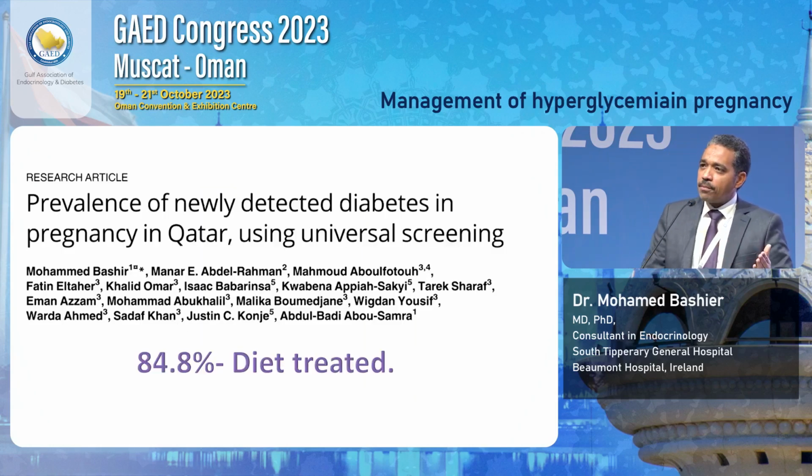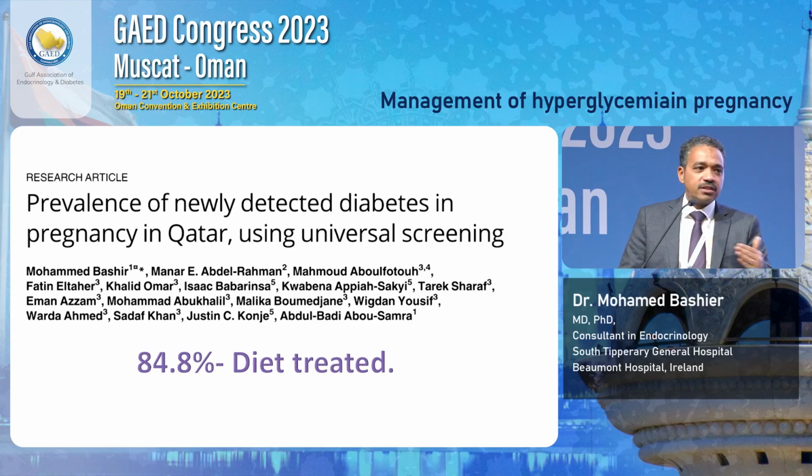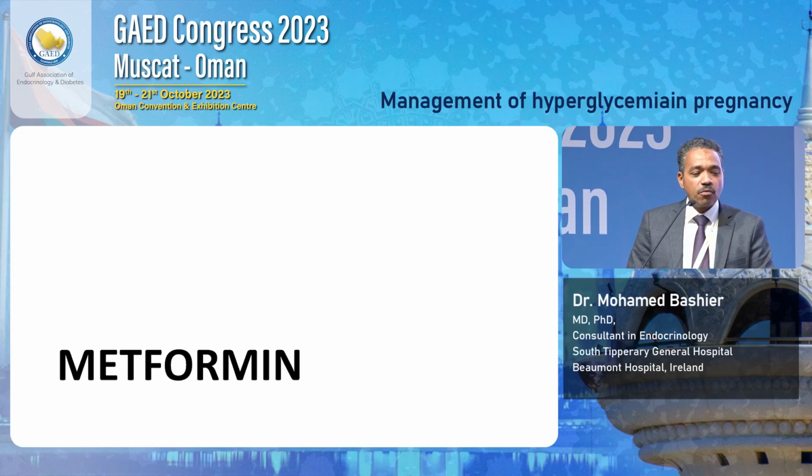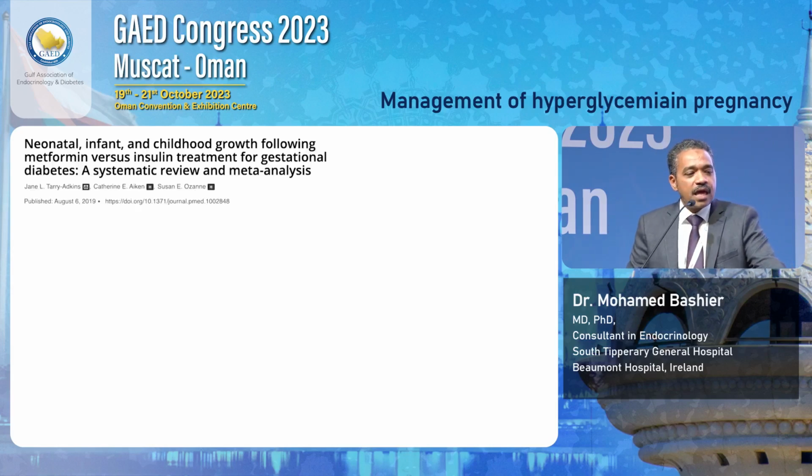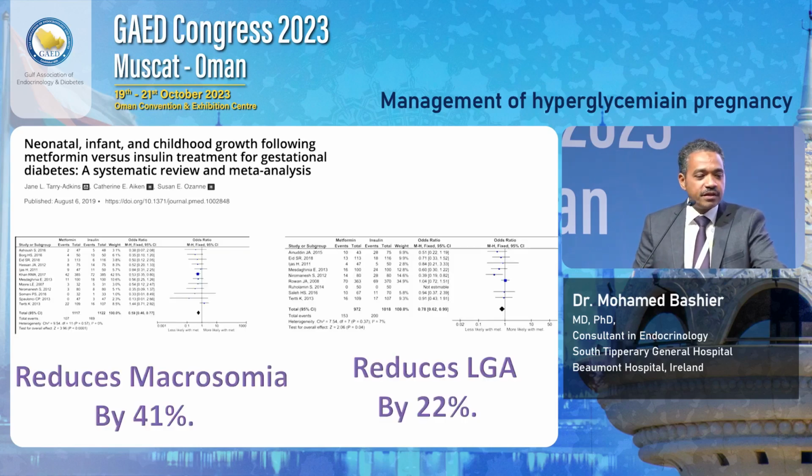So applying the dietary measures and the exercise, the success rate varies across literature. In our own cohorts, looking at about 800 women, about 16% of them need to progress to take any form of pharmacotherapy. And our first line of treatment is oral metformin, which has been in use for a long period of time. And there are multiple meta-analyses that show its efficacy, comparing it to insulin, comparing it to sulfonylureas.